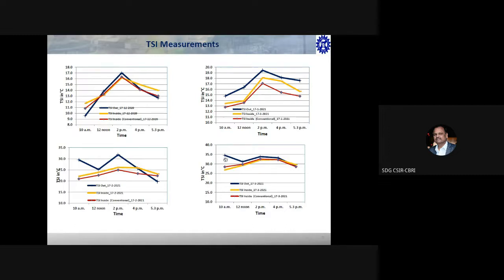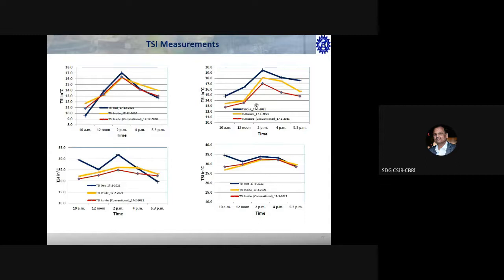So only one thing I would like to focus on here, that is the outside, which is not a good condition, indices. But as compared to that, if we see the inside in the AAC block, we are feeling a little bit better. This is the measurement done in the month of January, where cold is there.